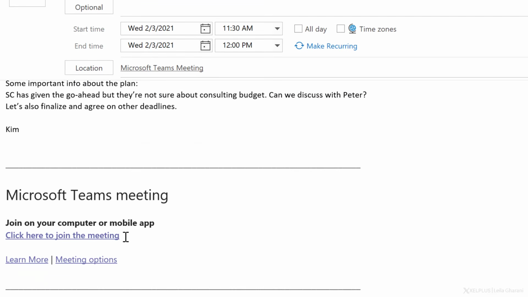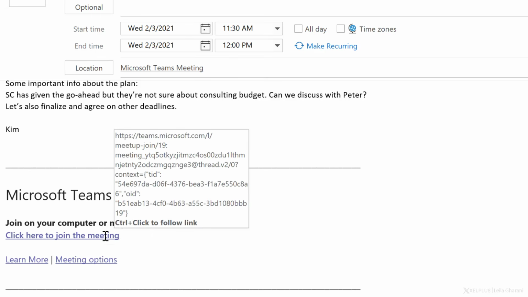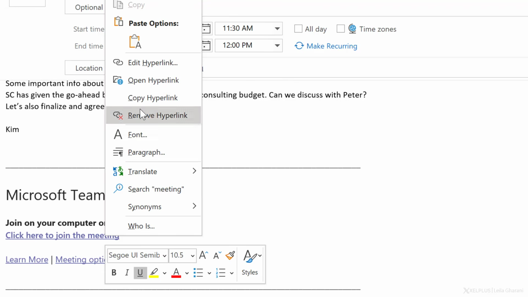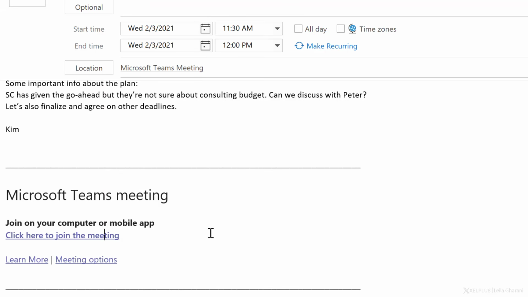And that's it. At this point, all you need to do is click on send and they're going to get the invite. Now, if you need to share this link with anyone else that you don't want to send an email to, all you have to do is copy this hyperlink and send it directly to the people you want in that meeting.